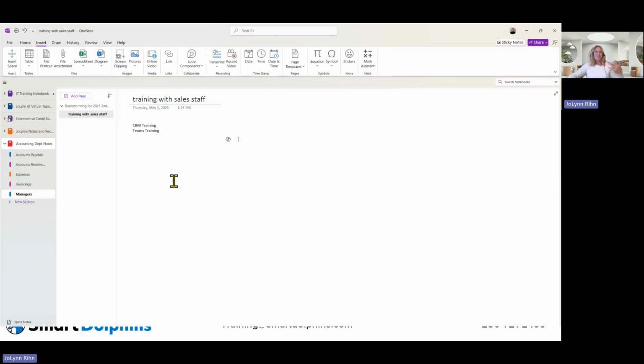Within your sections, within your notebooks, I can add a table. So if I want to organize our information in columns and rows, I could do that in a table. But one of the very popular features is going to be attaching files or having files available here within our